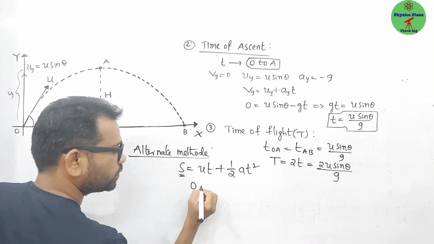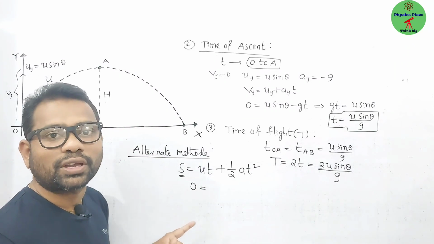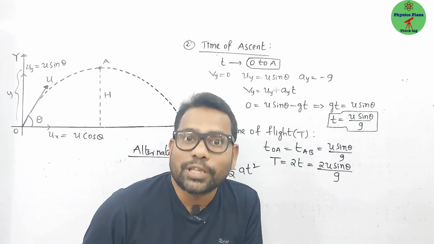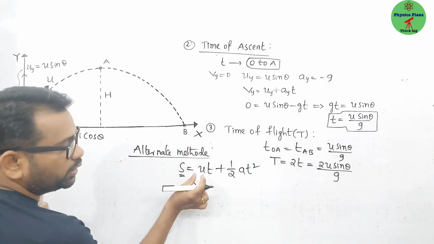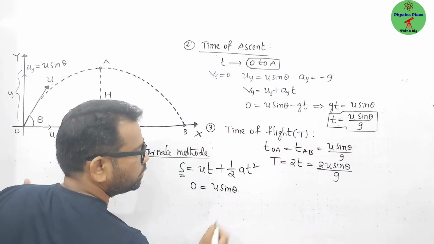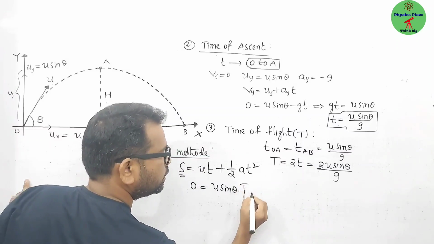Okay, this is very, very important. Of course, vertical direction only, completely we are talking. In the vertical direction, the displacement is 0. So the vertical initial velocity is u sine theta, into the total time taken t,